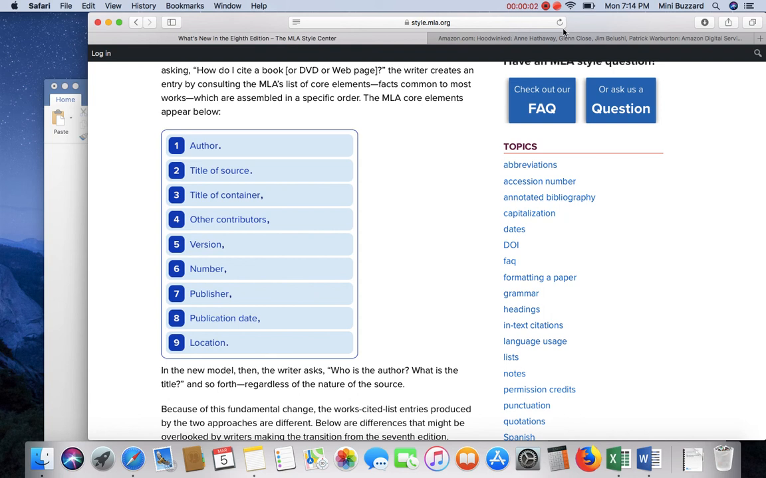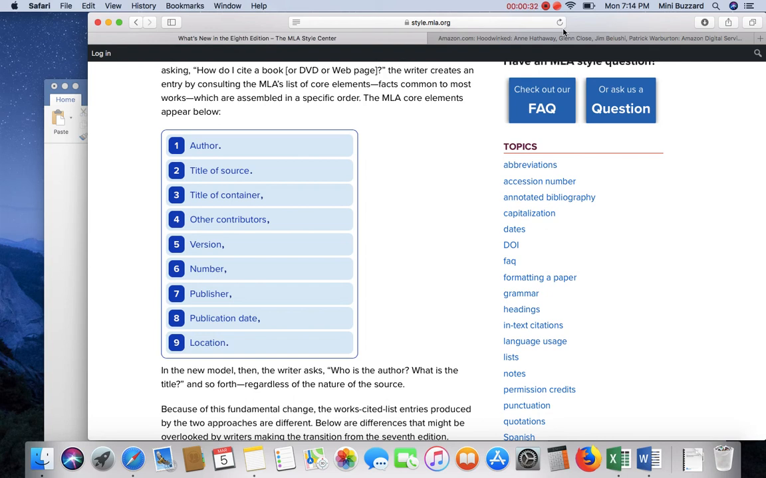Guys, tonight I wanted to talk to you a little bit more about MLA style and citation. I know that this is something that you've been practicing in English 101, and now you're practicing some more in English 102. And as you write in your academic career, particularly in the humanities, you will be using this format. So I wanted to talk to you a little bit about some of the